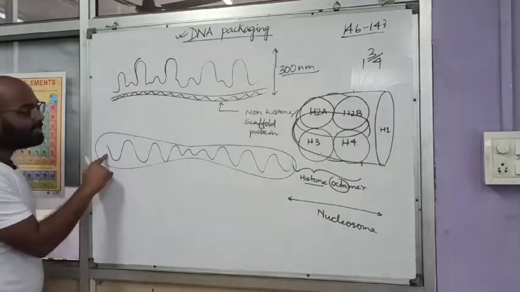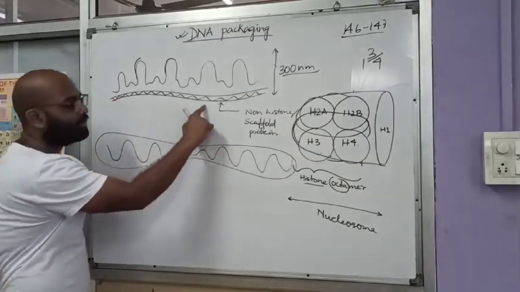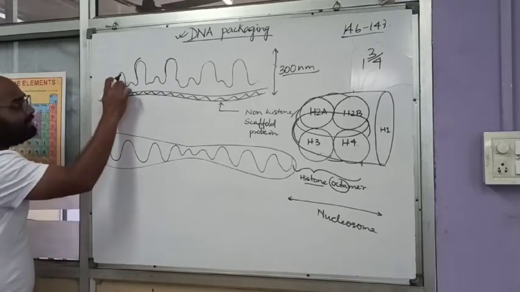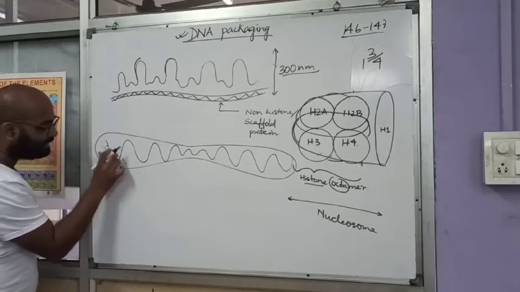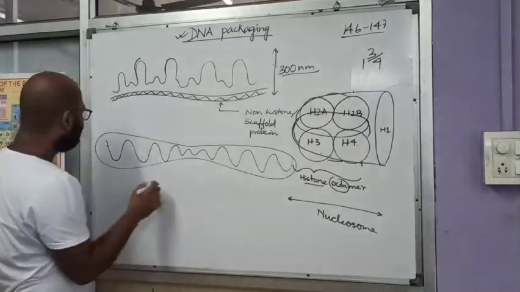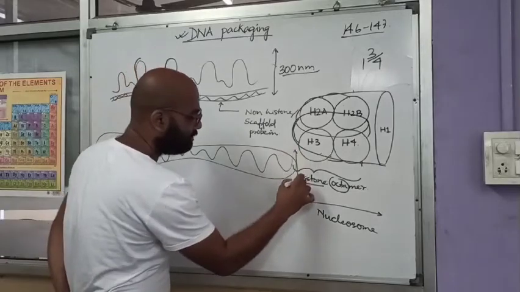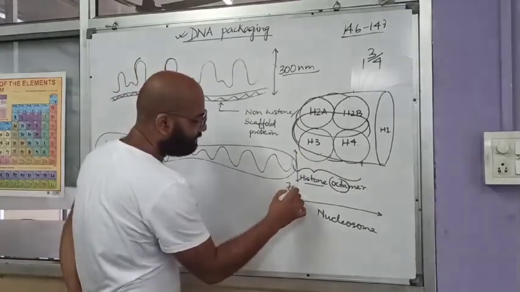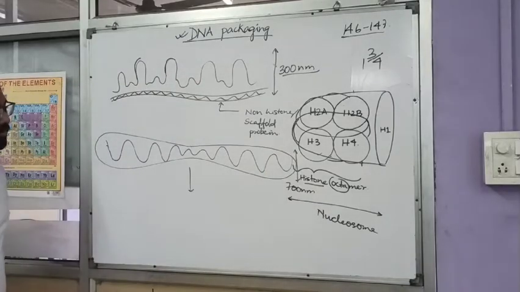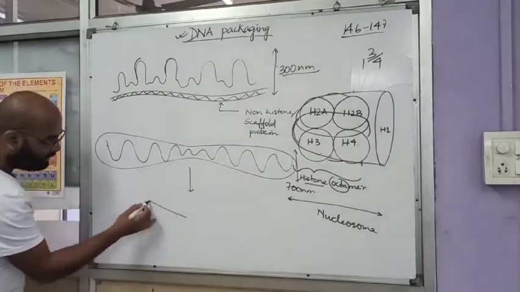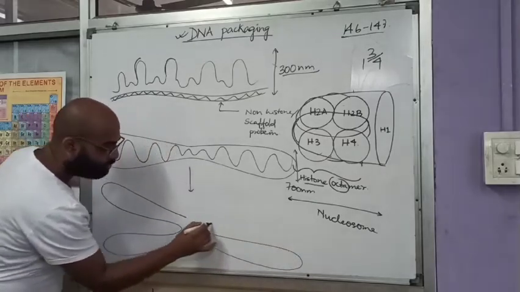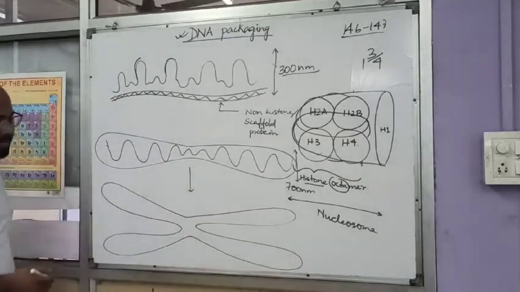So this is basically the non-histone protein or the scaffold protein, where these structures are present like this, but it is not needed to draw like this, where the diameter becomes 700 nanometer, which is followed by the structure you imagined earlier to be chromosome, but actually the chromosome in metaphase,